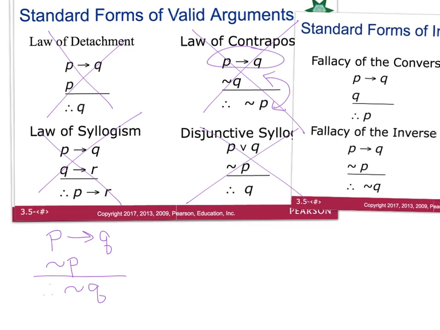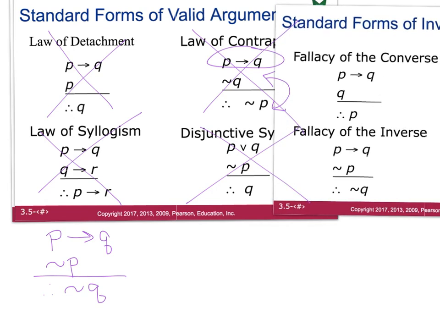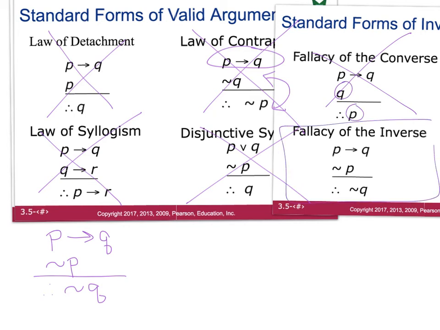So the standard invalid are the fallacy of the converse and the fallacy of the inverse. Okay, it is not the fallacy of the converse because the second two items are not negated. But it does fit the fallacy of the inverse. If P, then Q, not P, therefore not Q. The fallacy of the inverse